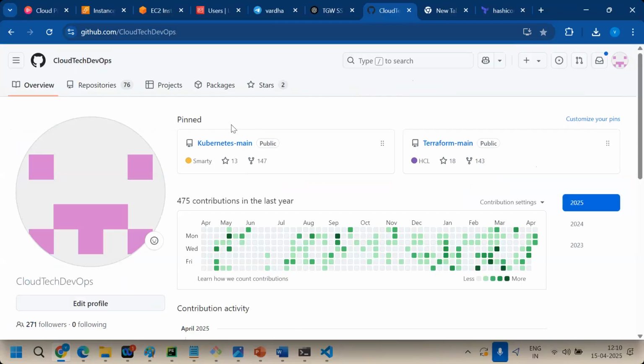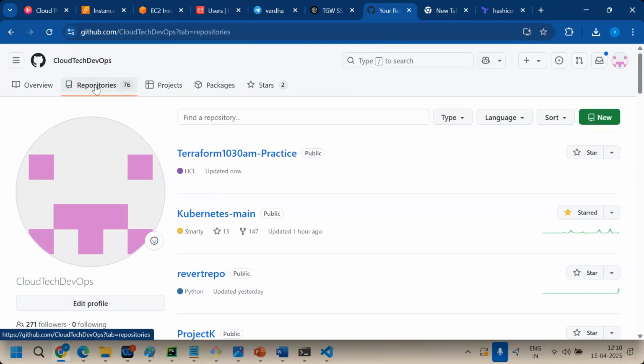Once again, I'm saying, try to write it on your own. Even 4 lines of code is also fine. But in an interview, definitely they will ask, are you able to write Terraform code? Can you show me something? At least you should be able to write 20 lines of code. I will show you how to write 78 lines of code here without checking any ChatGPT and official reviews. Right? Thank you. Bye bye.